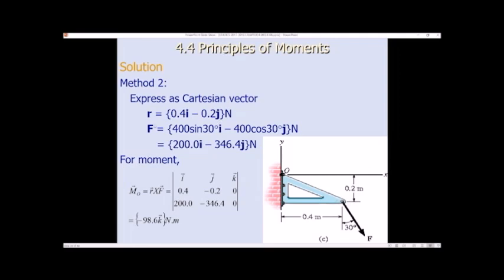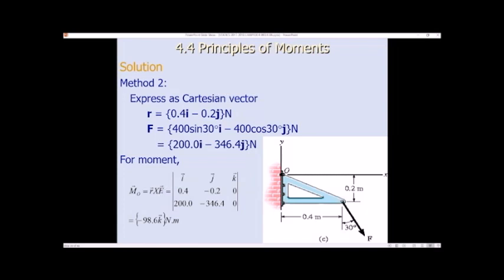And for F, it will be in X and Y components, which is 400 sine 30 degree i minus 400 cos 30 degree j. Then you can calculate the moment at point O equal to the cross product of position vector r with